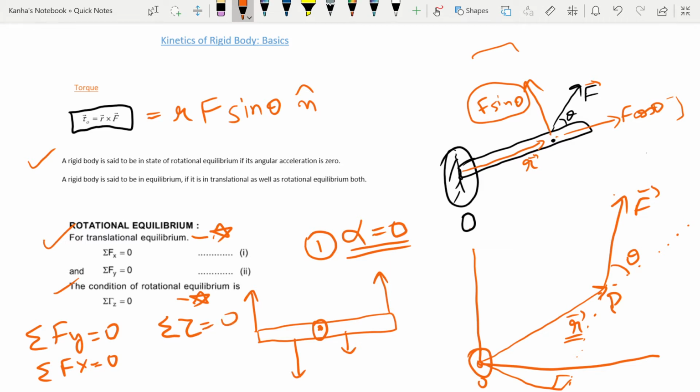So how do you calculate the torque here? The torque is quite easily calculated. This is my origin. So the torque for, let's say, this force F1, I have r cross F1. Similarly, I have r cross F2, r cross F3, and so on. If one of my forces was in this direction, let's say F3, then this will be theta. So I will have some F3 sine theta and F3 cos theta here. So when I do my r cross F3, I will basically be multiplying the magnitudes of r and F3 sine theta.